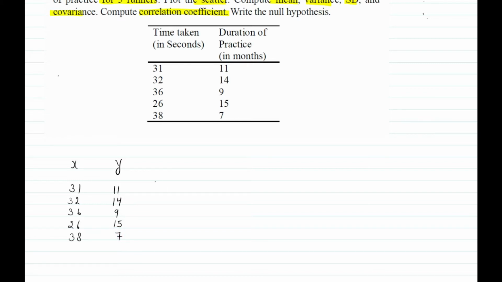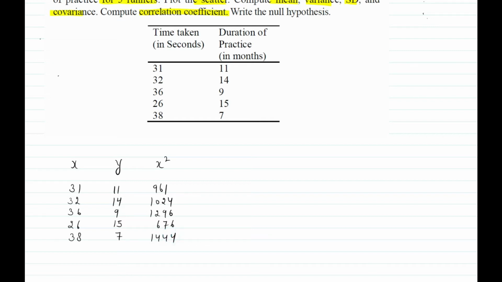As you have seen in our previous video, the next column would be X square. So the digit of X, that is 31, we just square it in the column of X square. 31 square is 961, 32 square is 1024, 36 square is 1296, 26 square is 676, 38 square is